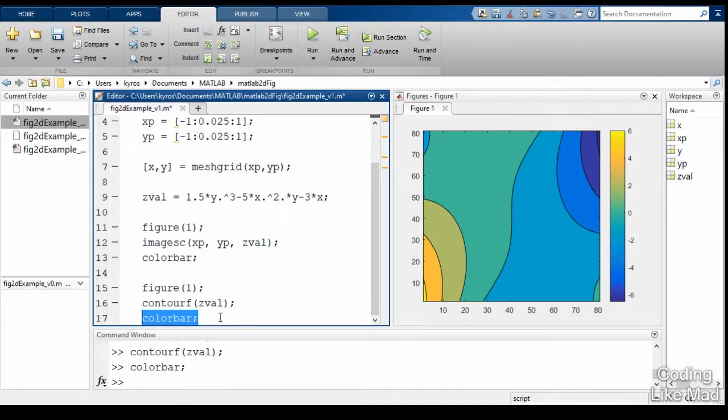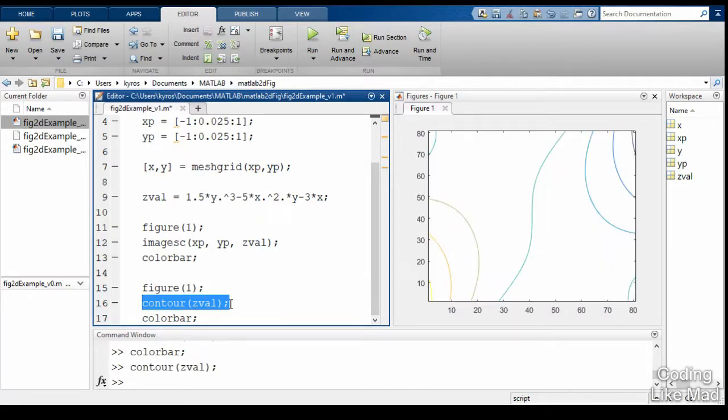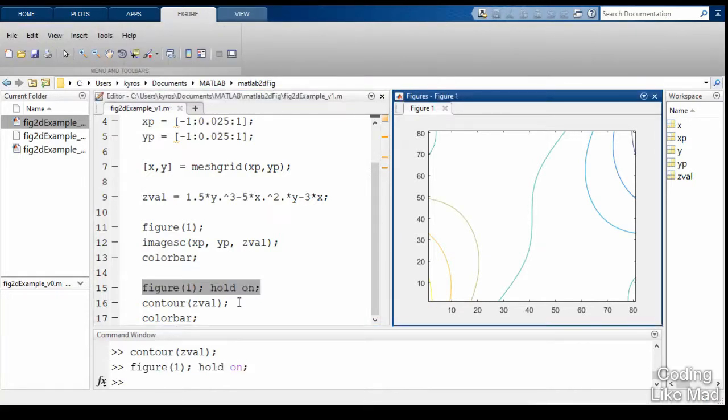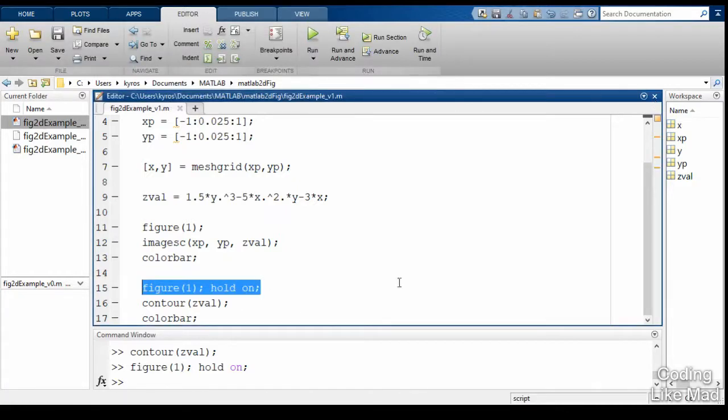What is particularly nice about Matlab is I can mix these two schemes together. So here I got constant values, whereas I could also get the lines, but why not actually get the imagesc output, which is a continuous variable, with the lines? How would we go about doing that? Well, from the basics tutorial, remember that I'm able to freeze the axes of the system using the hold on command. So if we do that,